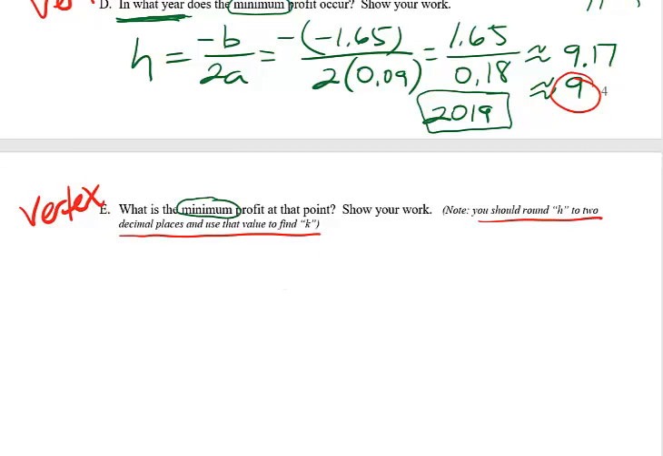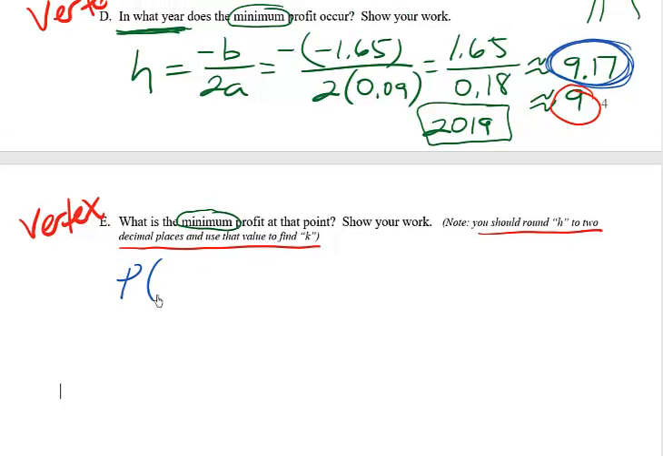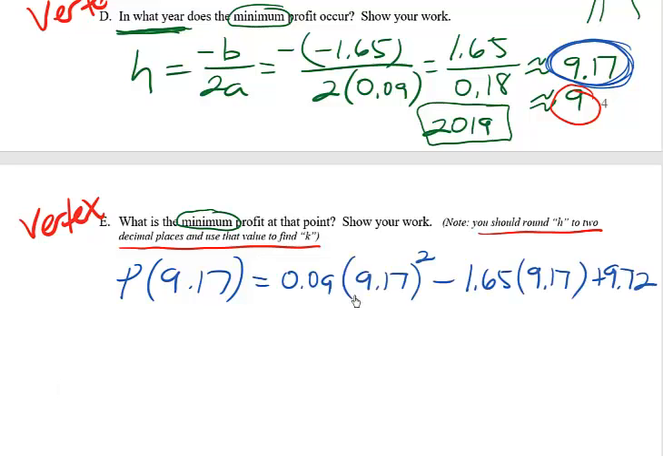How do I find the k again? Well, remember, the h is just an x coordinate. I just need to take that value of x, stick it into the original function, and solve for y. In this case, that would be sticking 9.17 in for t and figuring out the profit. I just need to calculate p of 9.17. What is the profit for that particular value of t? So I replace all my t's with 9.17, and then I just need to go to the calculator, and I got about